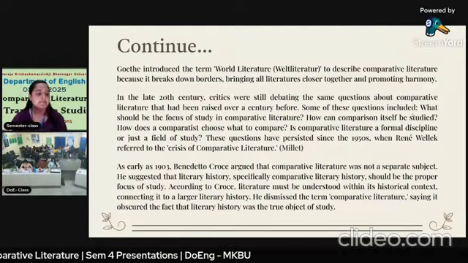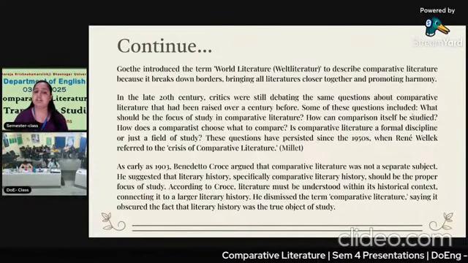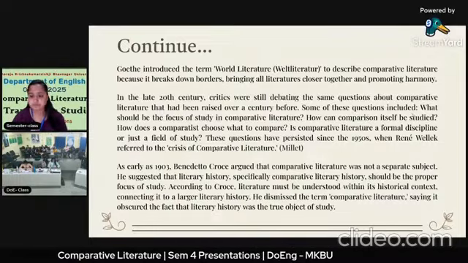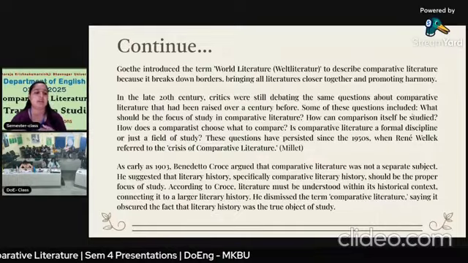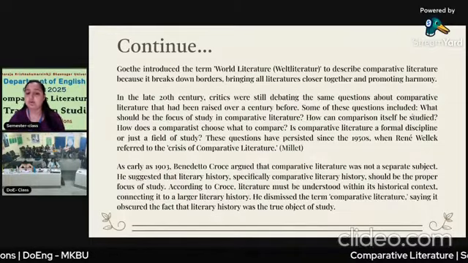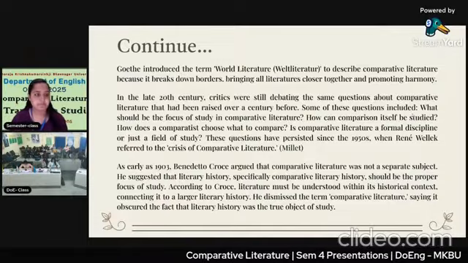He was also focusing on connecting it to the larger literary history, and he dismissed the term comparative literature in one place, saying that it obscured the fact of literary history towards the true object of study on the particular topic.